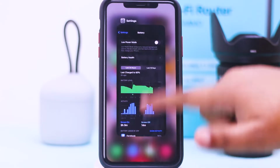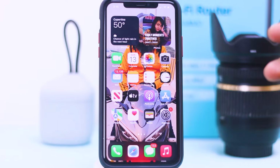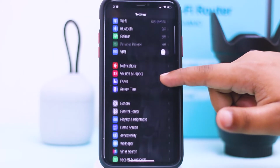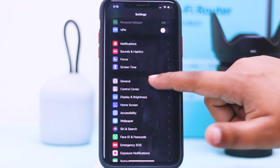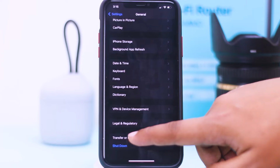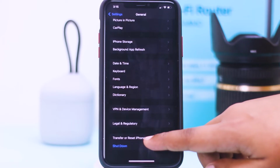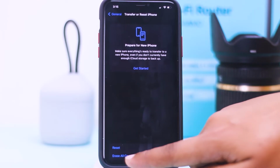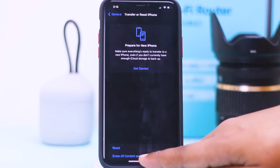I hope your problem will be solved. If you are still facing the problem, then follow the next step. Settings, then you have to go to General, then you can see the Transfer or Reset iPhone. Here you can see the Erase All Content and Settings,